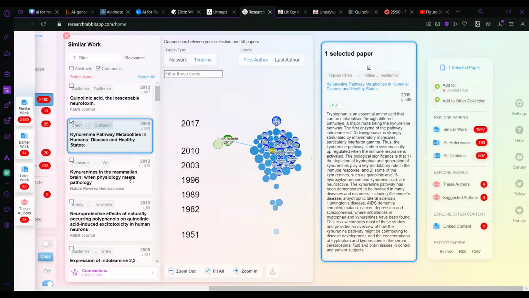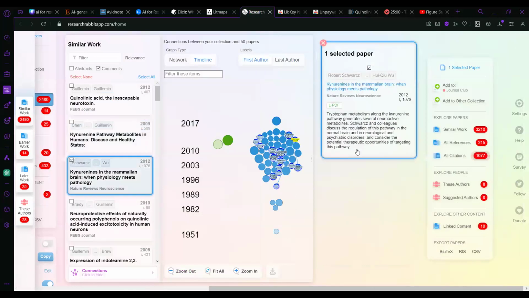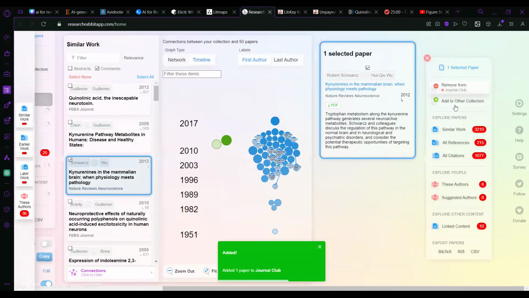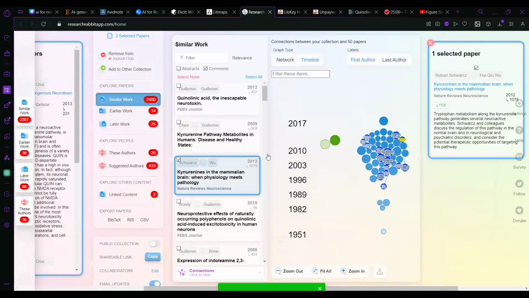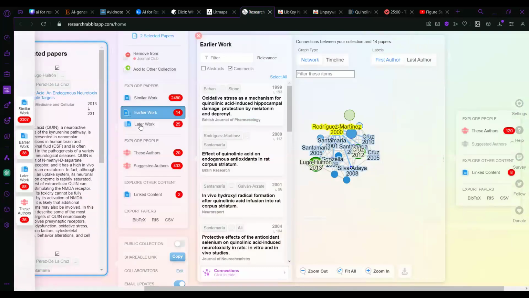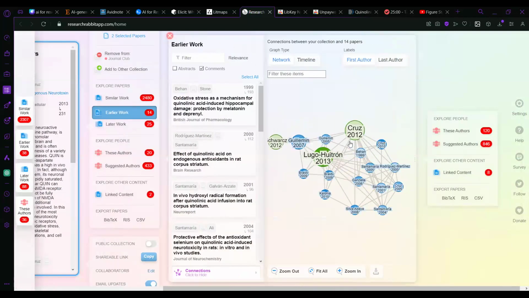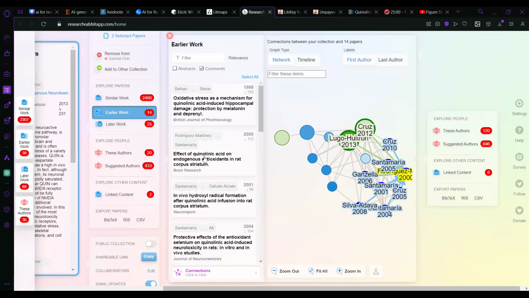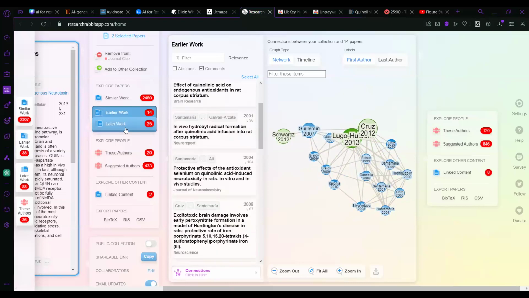You can at any stage go to another paper, you can read the summary or the abstract of it, you can add it to the collection that you are working on for ease of access for later. And yeah, there's just very cool stuff. You can go to the earlier work of the writers and the later work that they have done.